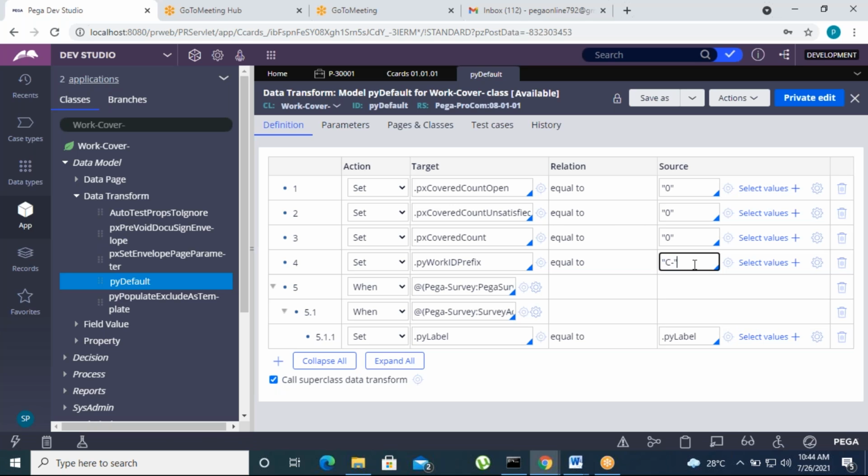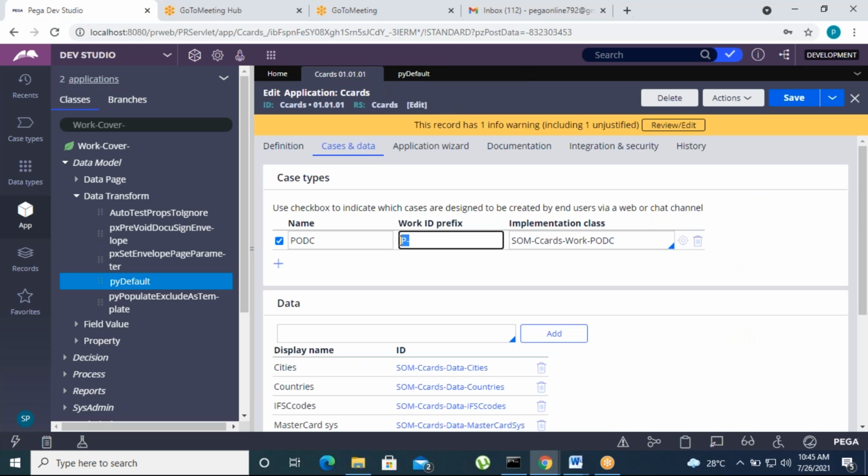Then we can build your expression. We can copy, paste and save as this, make some modifications, and change your prefix. If you're going to change the prefix, delete the prefix here and click on save.